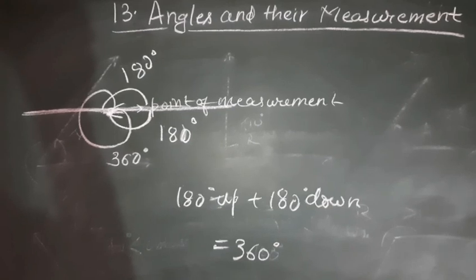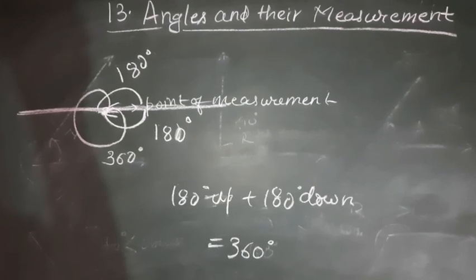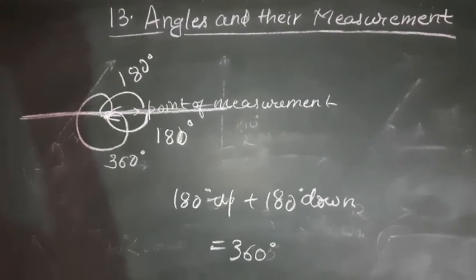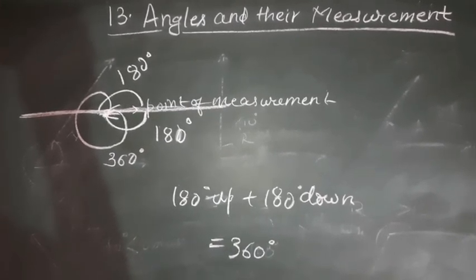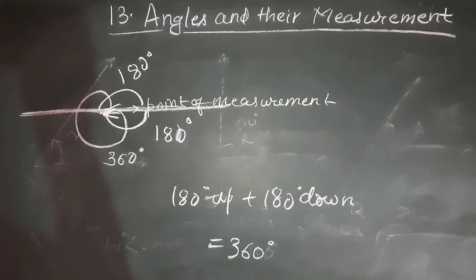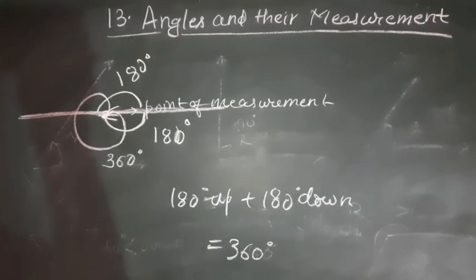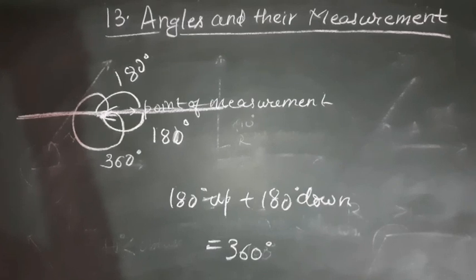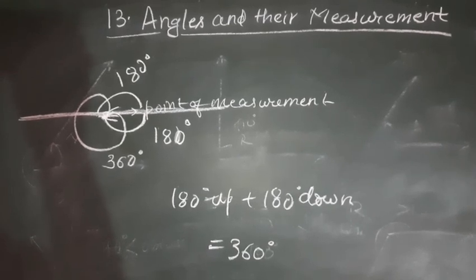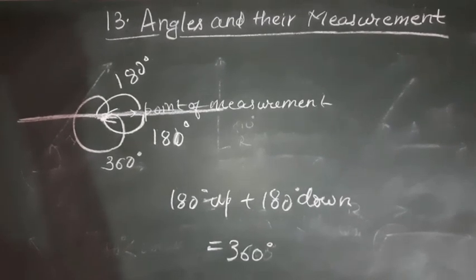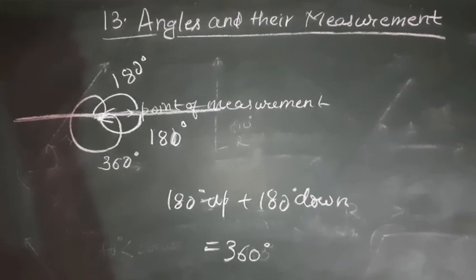Now you must be aware about a protractor. First of all, I ask all the students to purchase a geometry box of mathematical instruments if you do not have. अगर आपके पास है, or else you can take from your दीदी भैया, like brother, sister or your seniors. अगर आपके घर में किसी के भी पास है तो you can use that, or else you have to purchase a geometry box which contains mathematical instruments like protractor, compass, divider, set square, scale, right? Because we are studying geometry and we all need these things in order to perform the various questions, in order to solve the questions, that is construction based question.